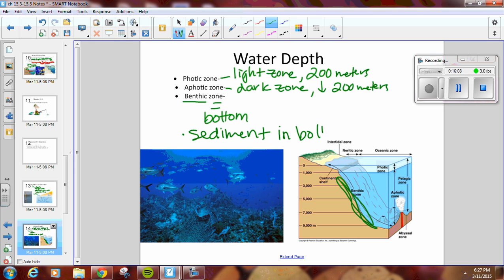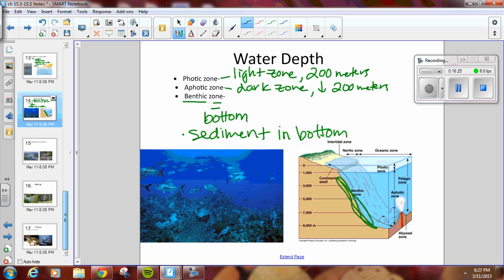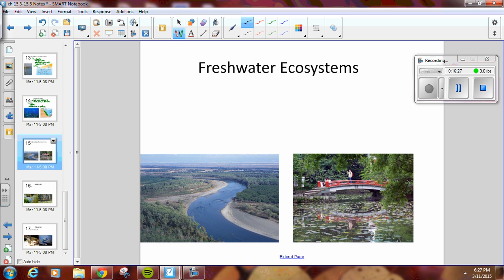And so with this, the benthic zone is actually a big area for a lot of underwater creatures. In this case, because you get crawfish and different other invertebrates and bugs that are living within the actual soil and sediment down there. All right, now as for types of freshwater ecosystems, like I said, it's based on whether it flows or whether